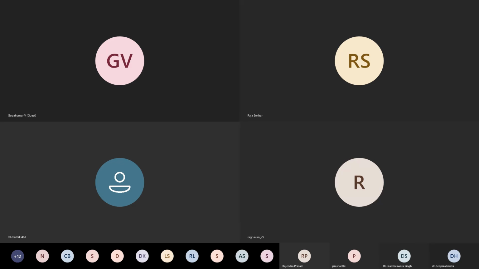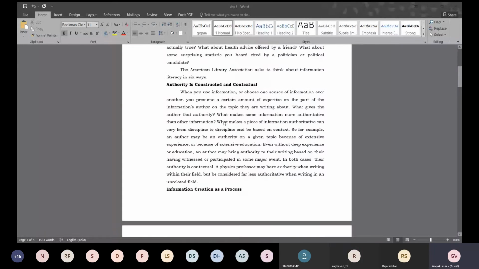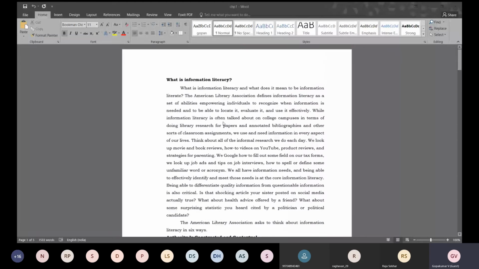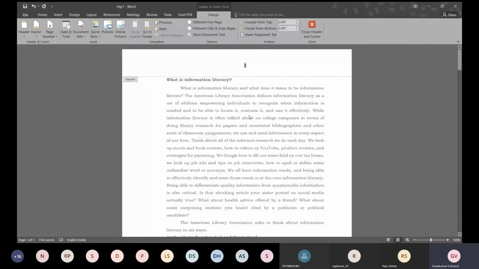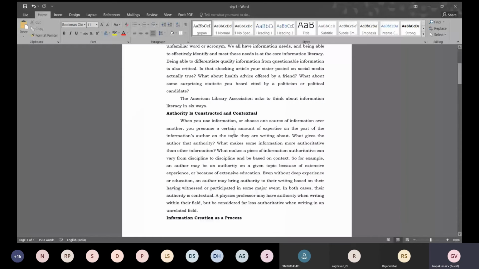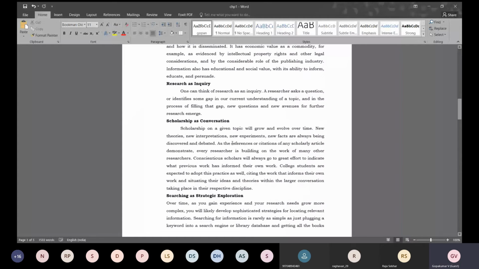Okay, the file is again there. There is no page number. I will put page number first. Insert, page number, top of the page. Now I want the 4th page to be oriented according to landscape. Now it is oriented in the portrait option. I need it from the 4th page.